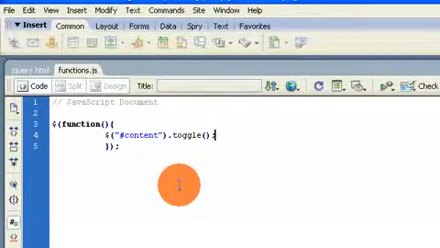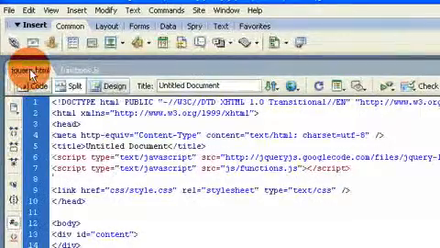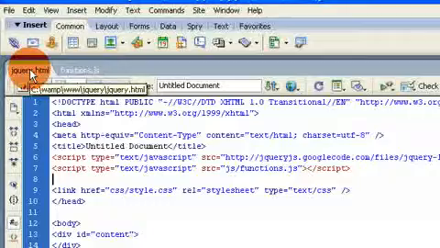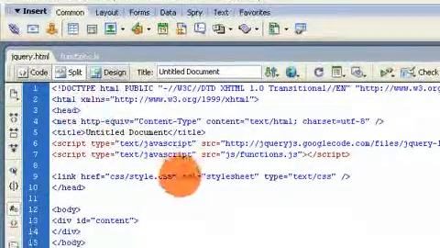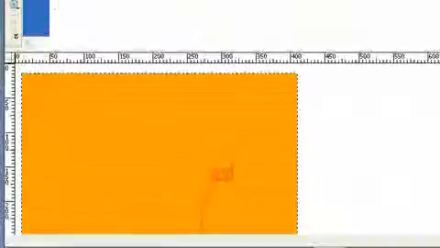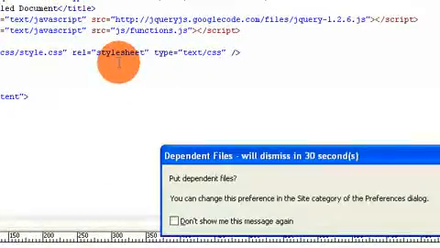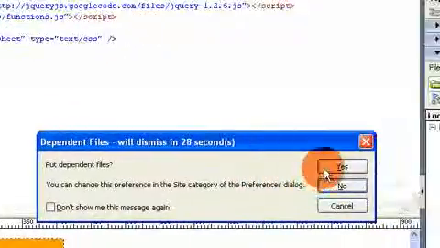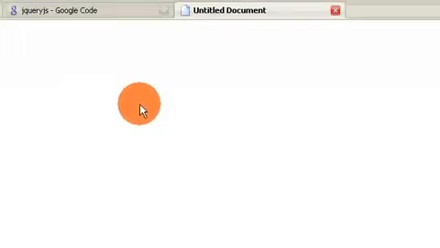So it's as easy as, all lowercase, toggle, open close brackets, and then end that, and save that one, and then we'll go and load our page. And in theory, if I've done everything right, we'll be able to load this, and you'll see that that div that's down here won't exist anymore. So we'll just press F12 and see what happens. And there you go. Got a page with nothing there, which is exactly what we wanted. Okay, so I might stop that one there, and I'll start